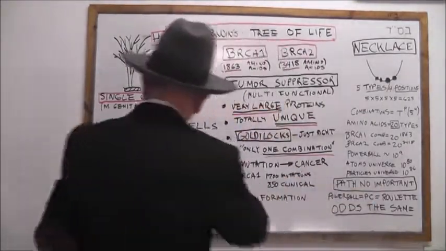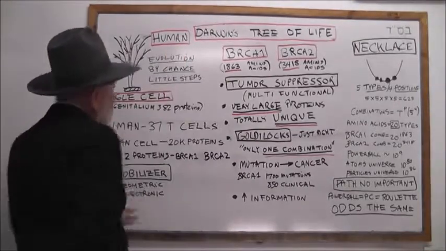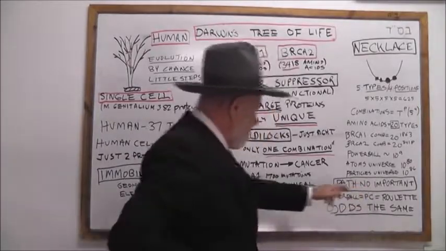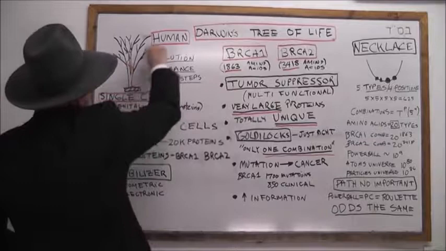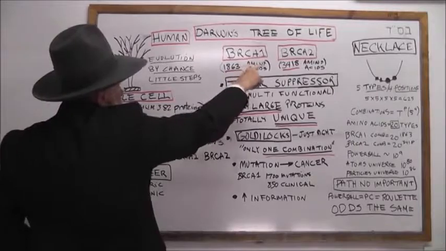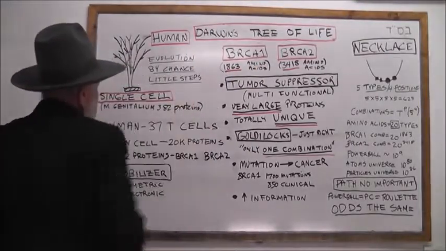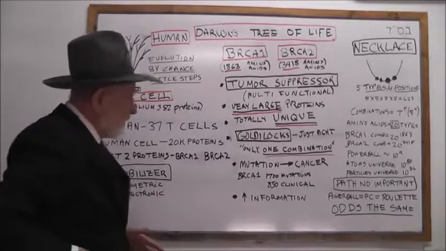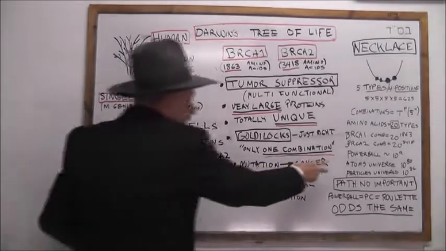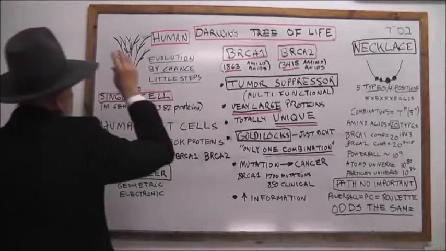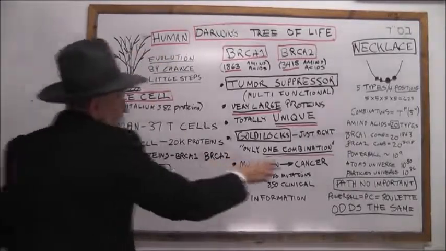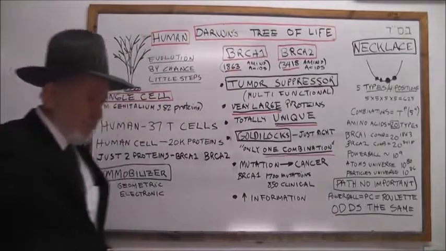And the path in getting from a single cell to the human cell is important. But we see here, it's not important. The path is not important. We can go in any way we want from a single cell, which doesn't have BRCA1 and BRCA2, to the human being which has both of these. So we see that the path is not important. So the odds we have here, because we have all these combinations, apply no matter which evolutionary path you go through here. And by chance, the chance of getting the right combination is basically nil.